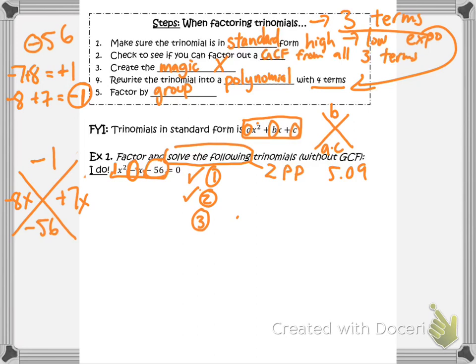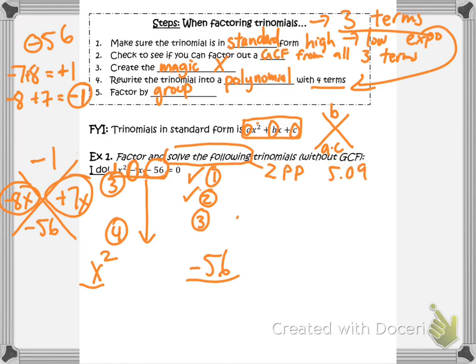Step 4 is to rewrite this as a polynomial with 4 terms. Right now it only has 3 terms. I'm going to rewrite it into 4 terms. So x squared, negative 56. That's 2 terms so far, right? 1 term, 2 terms. The third and fourth terms are going to come from here. So minus 8x plus